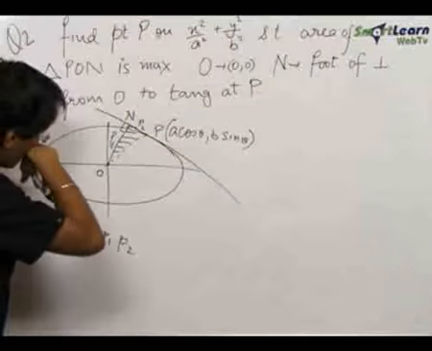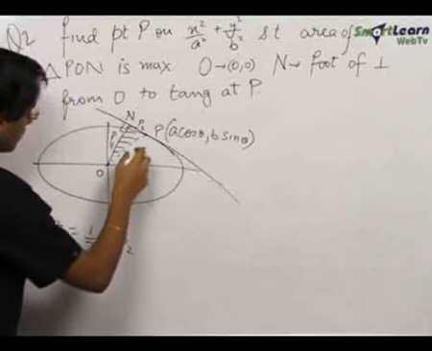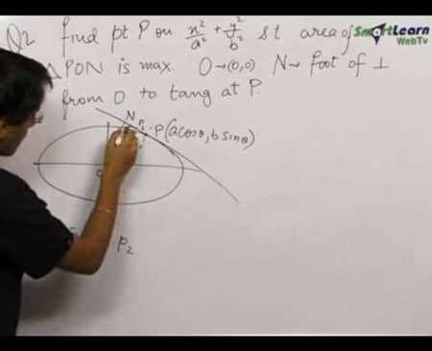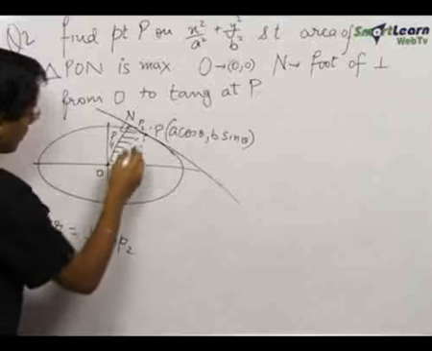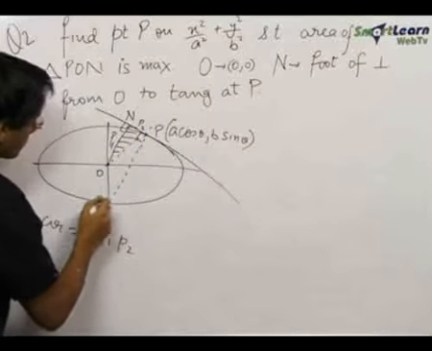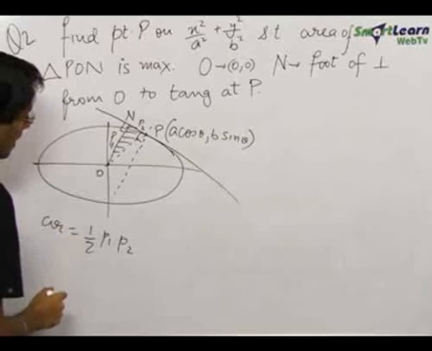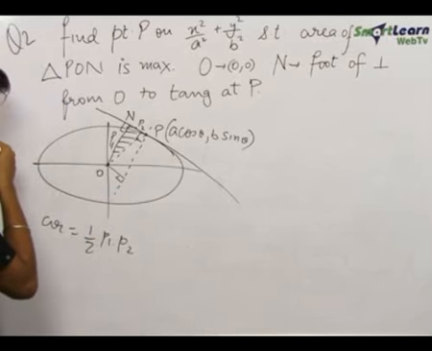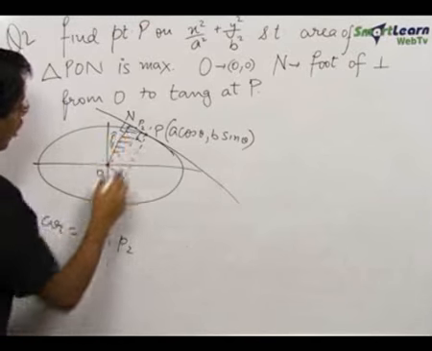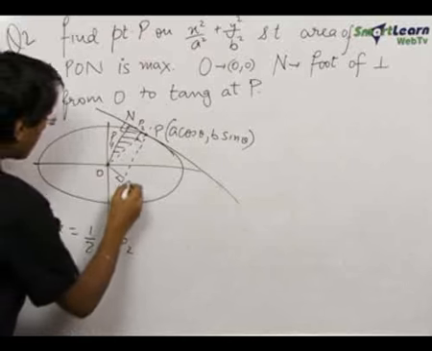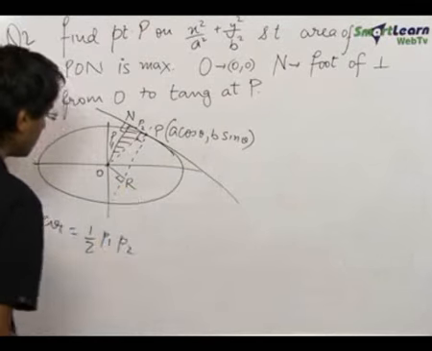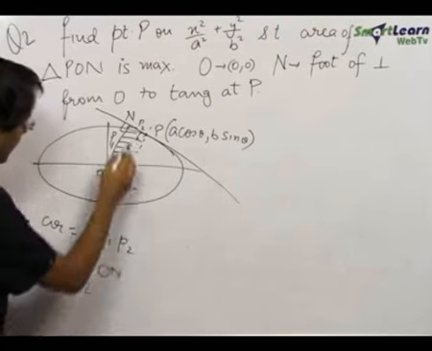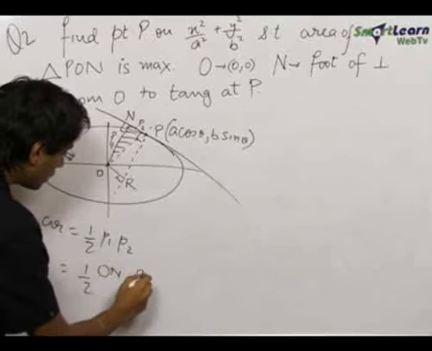The construction is, we make the normal to the ellipse at the point P. This will definitely be parallel to ON, since the normal is perpendicular to the tangent. And we drop a perpendicular from O on this normal. Now since this is a rectangle and opposite sides of a rectangle are equal, if this is point R, our area will be equal to half ON into NP, and NP is equal to OR. So this will be equal to ON into OR.